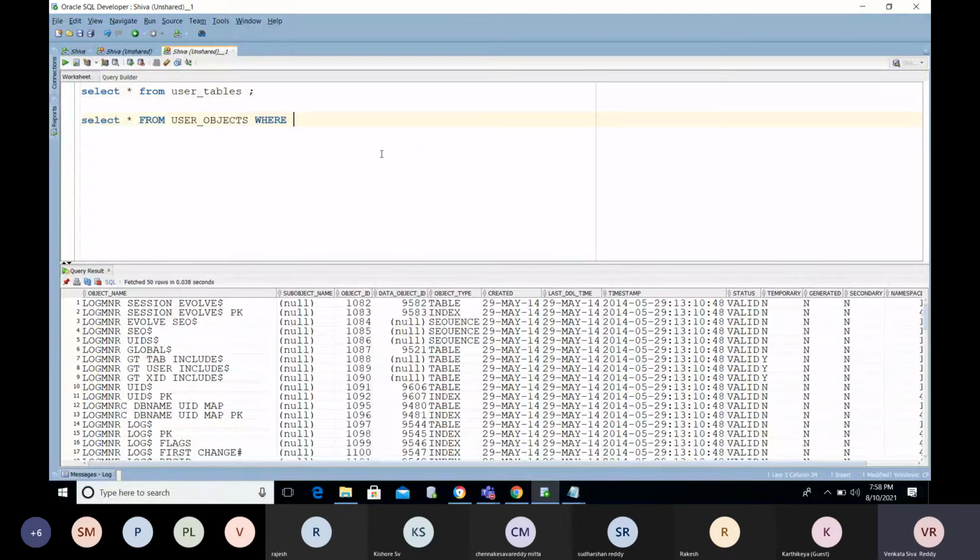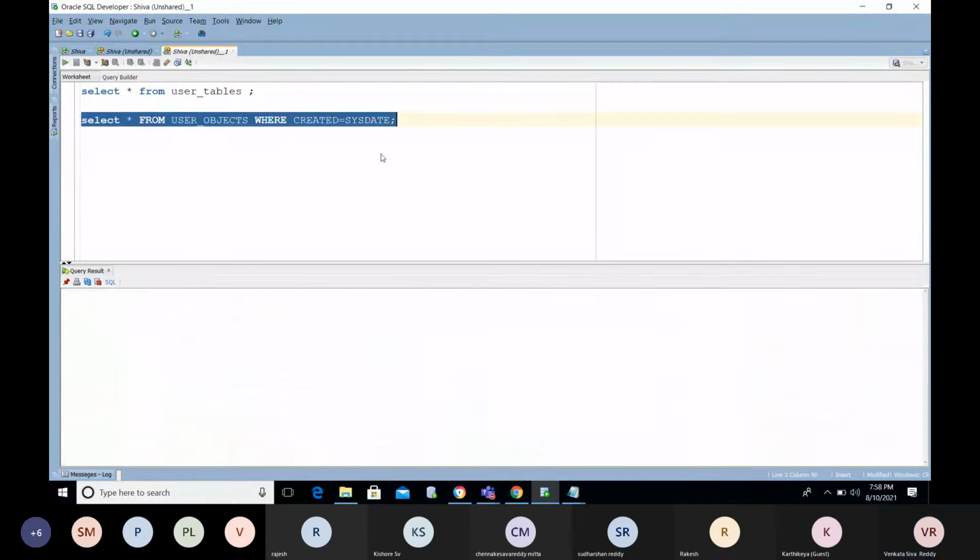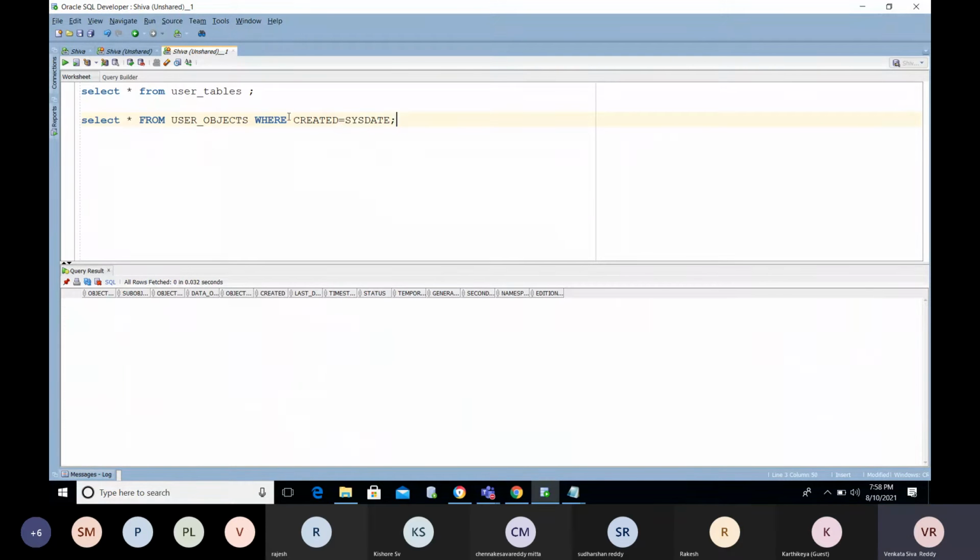In this, I can get the details like created. So what are the objects I have created now? All those objects I can get here.